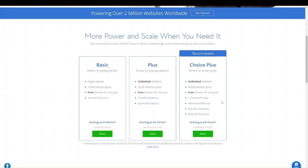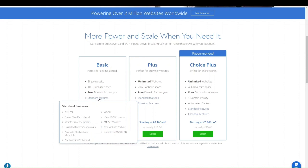So similar to HostGator, they have multi-level hosting packages as well. They've got Basic, Plus, and Choice Plus. With the Basic plan, you get a single website, and it hosts one domain, and I think you also get some standard features like the cPanel for your SSL, WordPress auto updates if your site is built on WordPress. You get 10 GB website space,